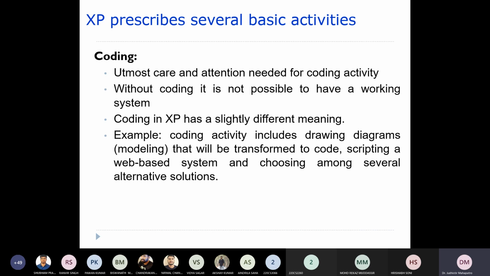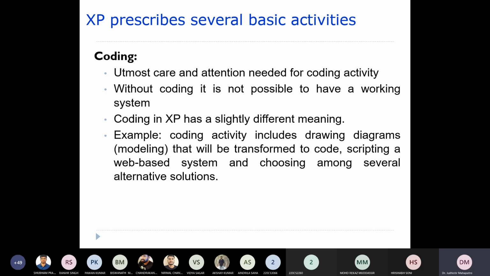Here, the coding activity includes drawing diagrams and modeling. That means you will be going through some modeling in terms of diagrams, and these diagrams will be automatically transformed into a piece of code. One example is the Unified Modeling Language, UML.